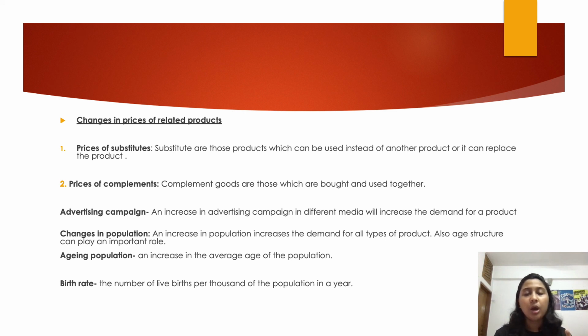Either way, we are bound to pay a higher amount of money for the car, even if the price of the car has not changed but the price of the fuel has increased. So eventually the cost of the car has increased. That is why complementary goods affect each other. An increase in the price of fuel will cause a decrease in the quantity demanded for a car.